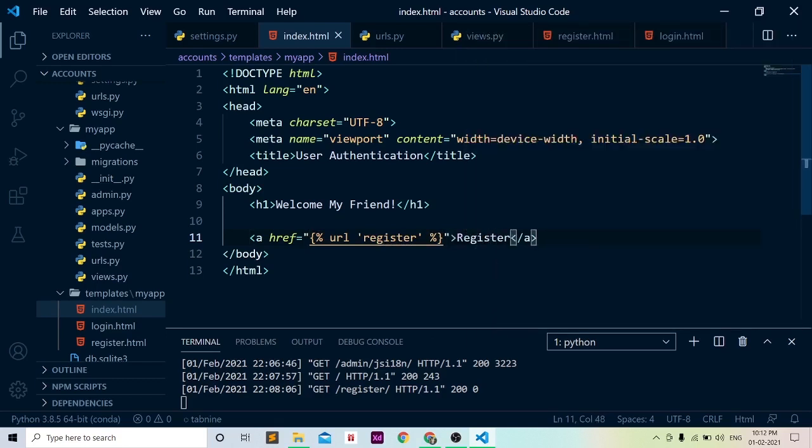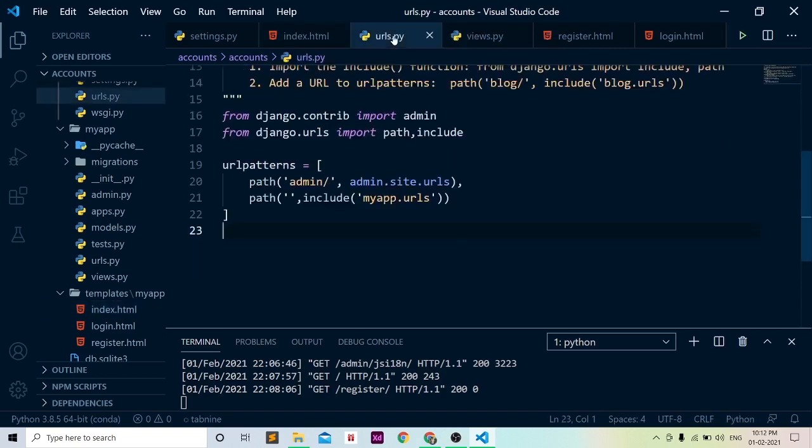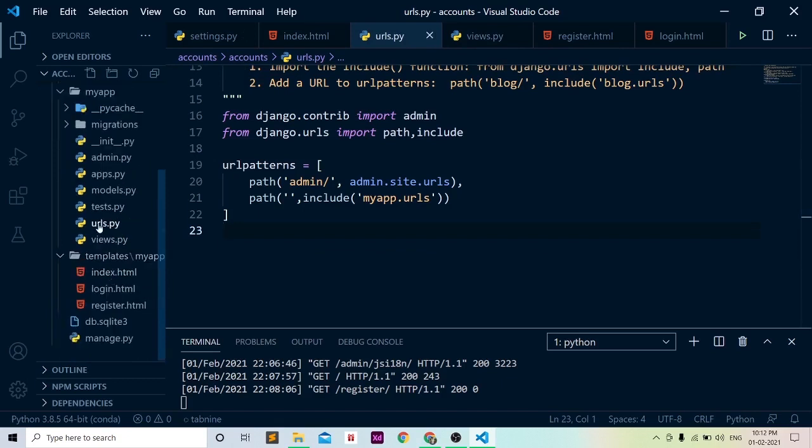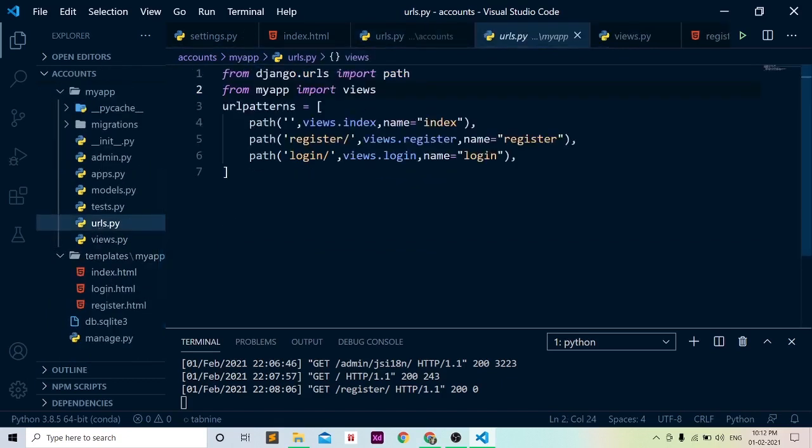When this register link is clicked, it will check whether that URL is there or not. In our urls.py file, where is our urls.py? In the urls.py file there is register.